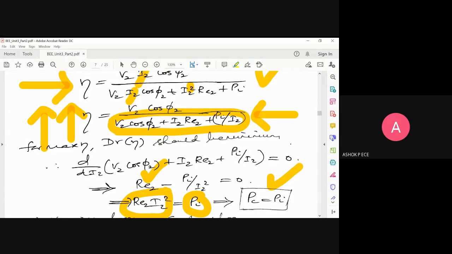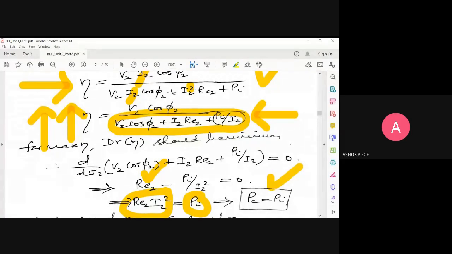Then I1 should also vary, no, sir? Yes, I2 is going to vary, I1 will vary, keeping V1 and V2 constant. See, if V1 and V2 also vary, then the input kVA equal to output kVA, the law of conservation of energy, will not hold, right? At least one should be constant and one should be varying. So in the product V and I, V will always be constant, only I will be varying. So in the equation V1 I1 equal to V2 I2, if I1 is increasing, definitely I2 will decrease to ensure that the above equation is always satisfied.